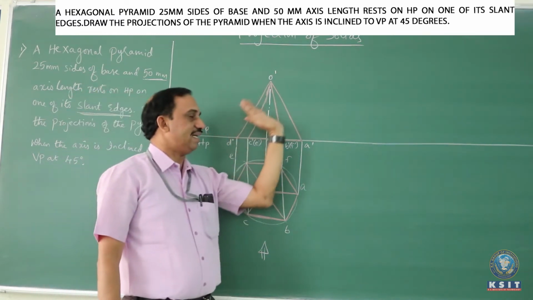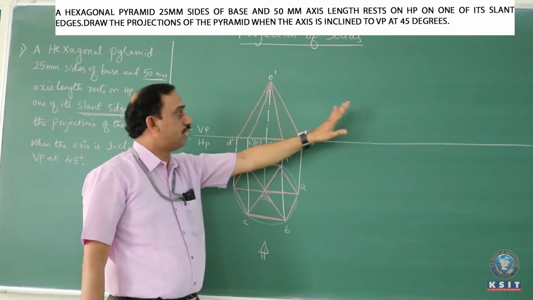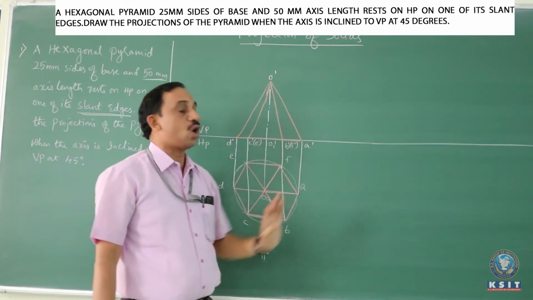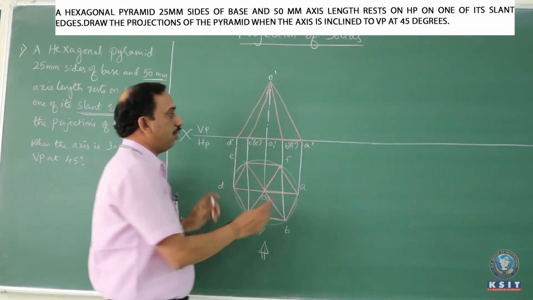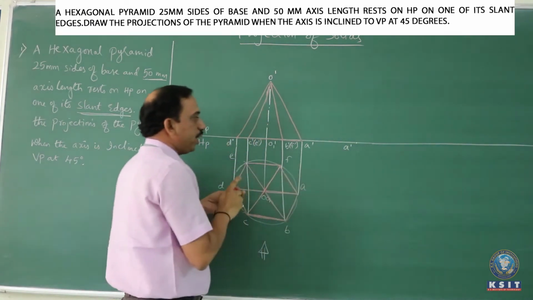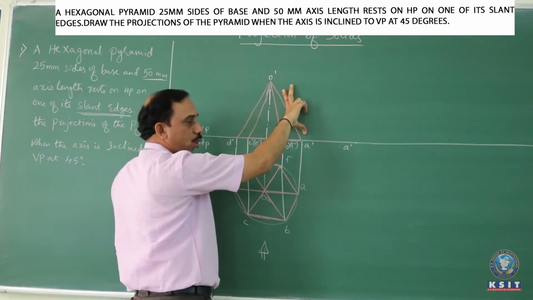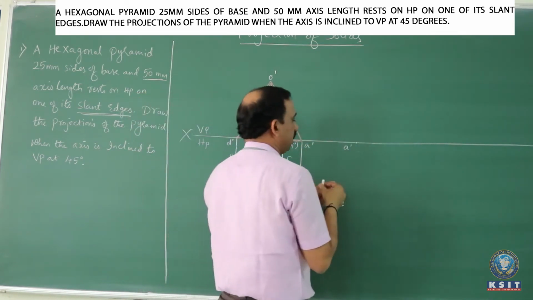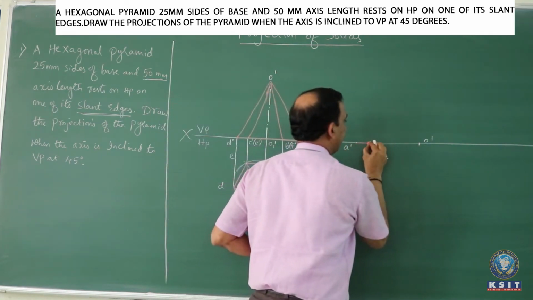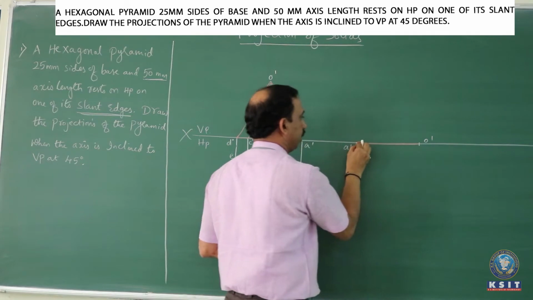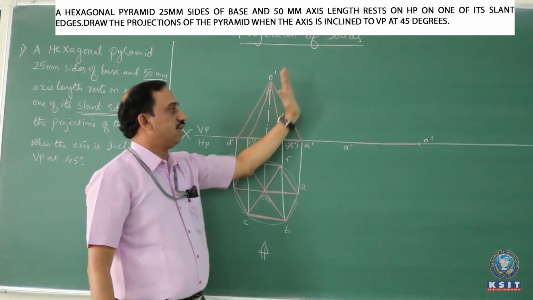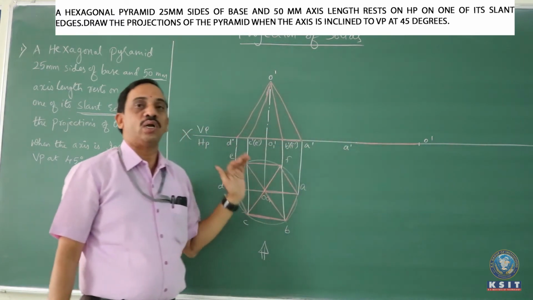Now we have to tilt this entire pyramid so that this slant edge is made to rest on HP. For that, consider a point here which itself is A dash, measure the complete slant edge A dash to O dash, with A dash itself as center, cut on the XY line to fix O dash. This itself is entirely the slant edge as given in the question. That entire solid should be tilted so that one of the slant edges is made to rest on HP.